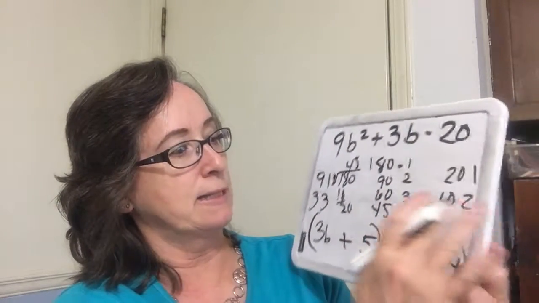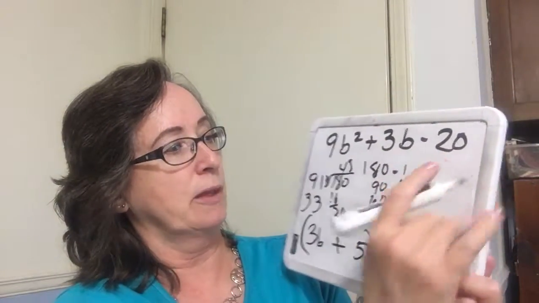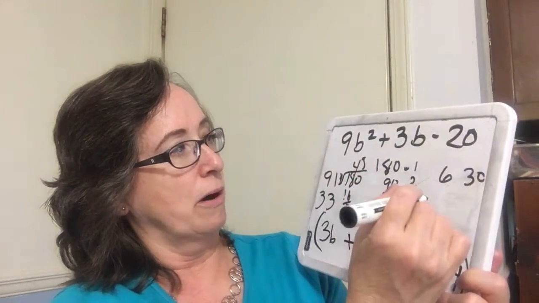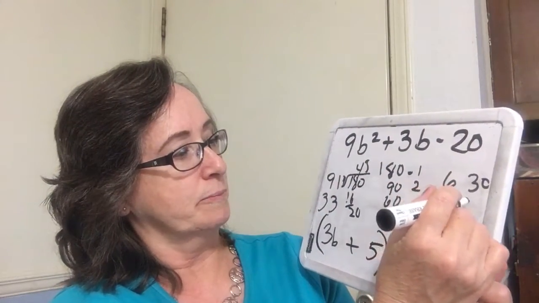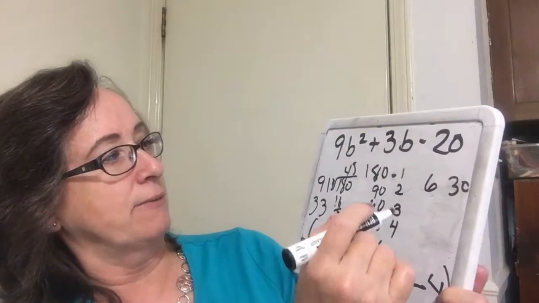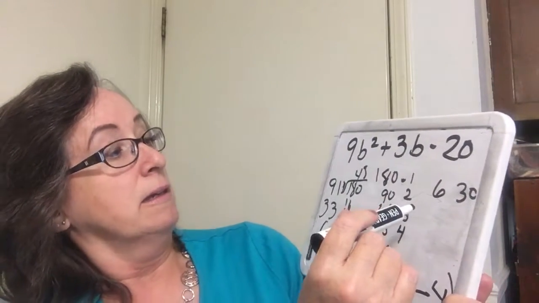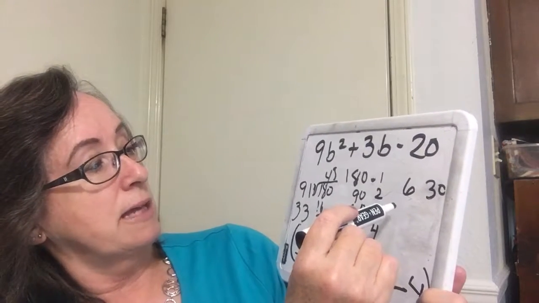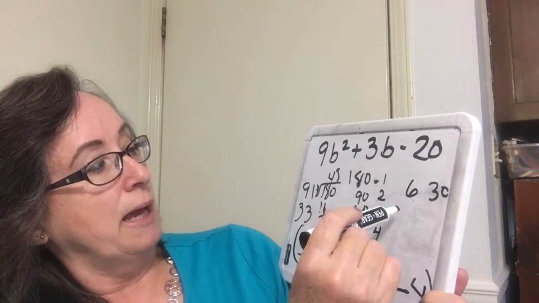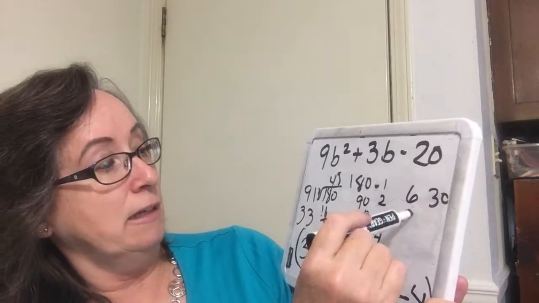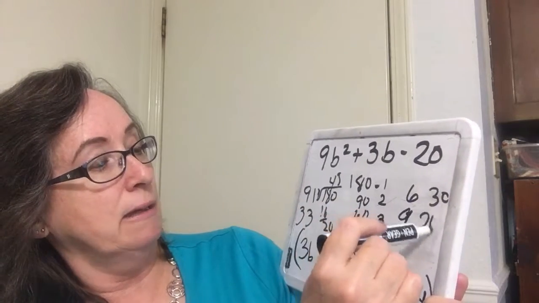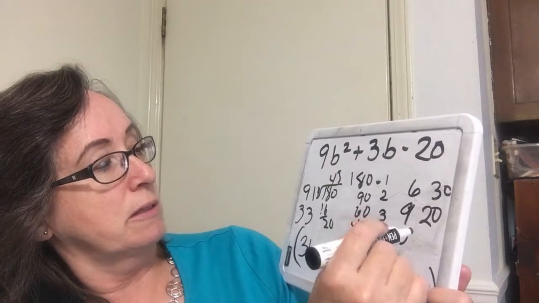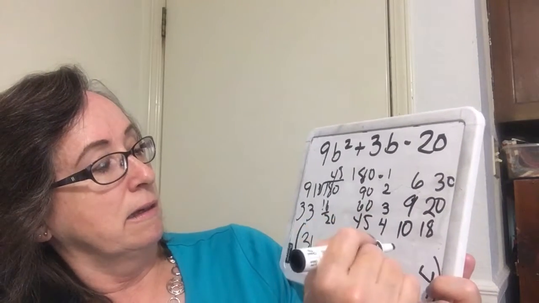I'm going to erase some of these over here because I'm running out of time. 6 times 30, or let's see, that still doesn't have a difference of 3. And no 7, no 8, 9 times 20, and 10 times 18, and